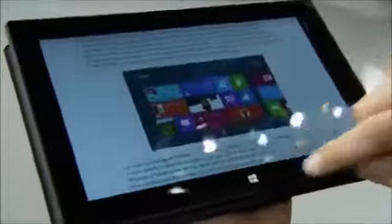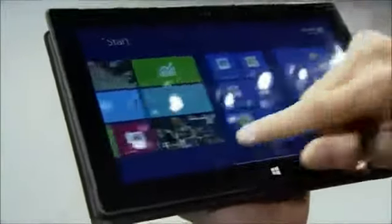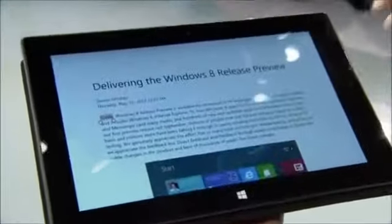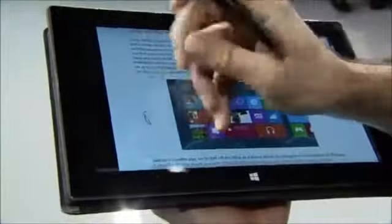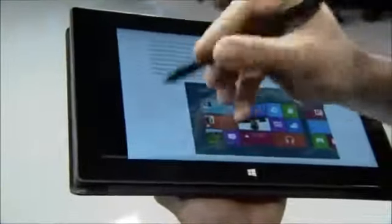Surface for Windows 8 Pro supports digital inking. Windows apps of all kinds can support inking. So here what I've done is I can go back to the desktop and show you what I launched. I launched the Windows Reader. And this is a PDF file of one of Stephen's blog posts. So you can see I can pan and zoom. What I can really do here is I can come and I could do ink. I'm going to come and say this is